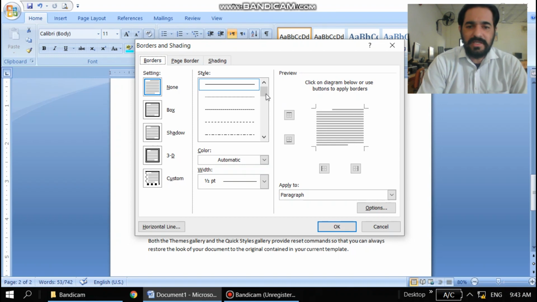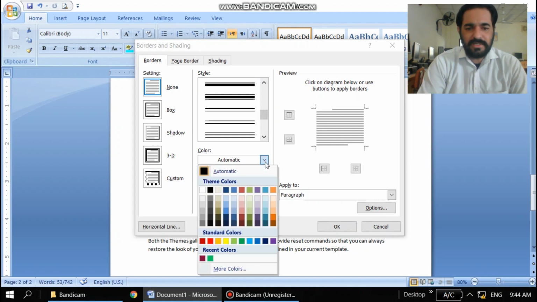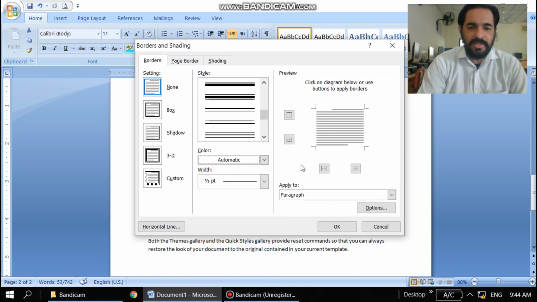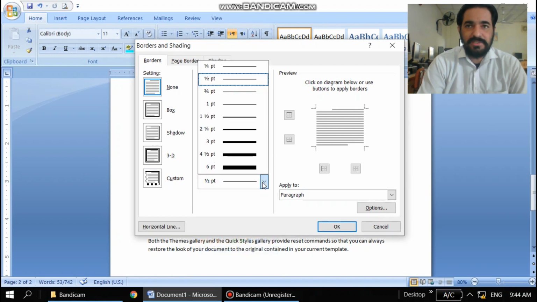Then in different styles, you can see the lines of borders, what kind of border you want to give, and what your requirements are. So color can be selected with any of the options using this option for any color. Then line width is there. You can see the width of lines.